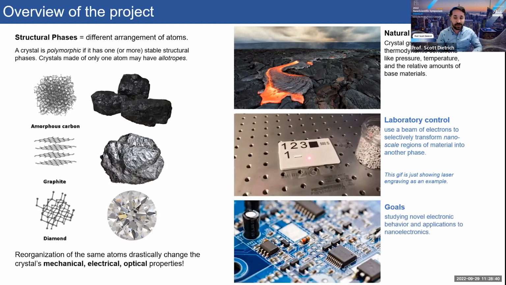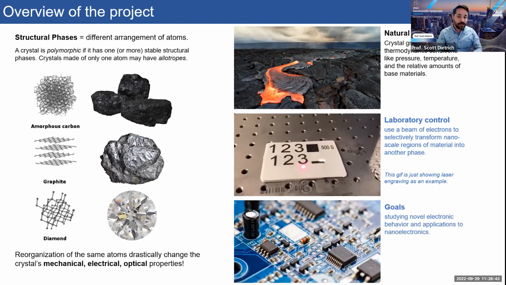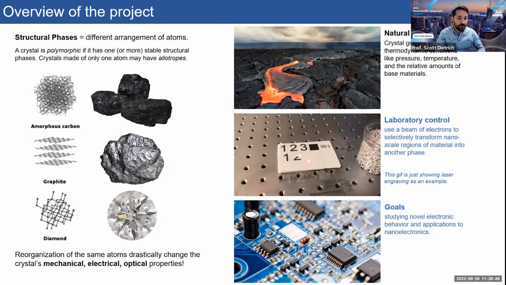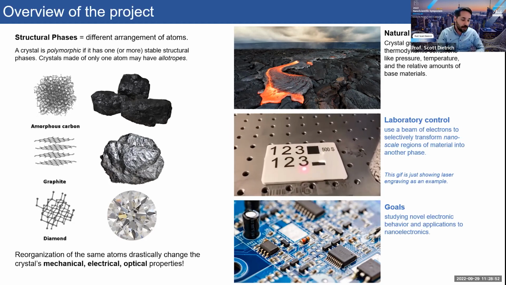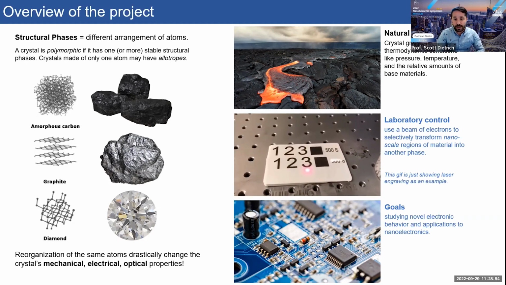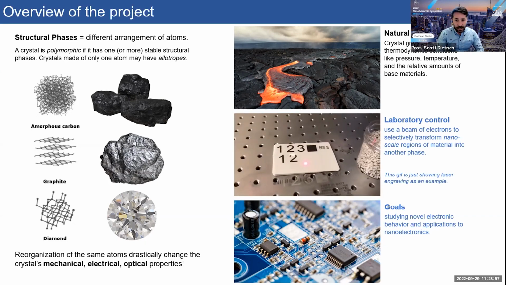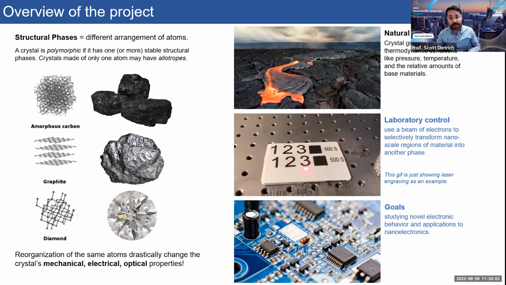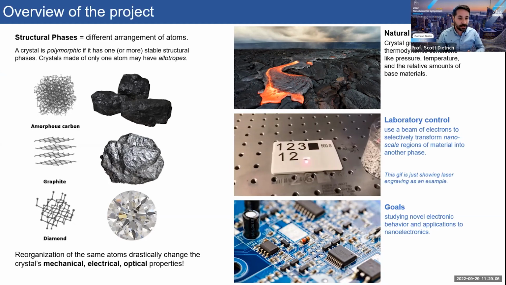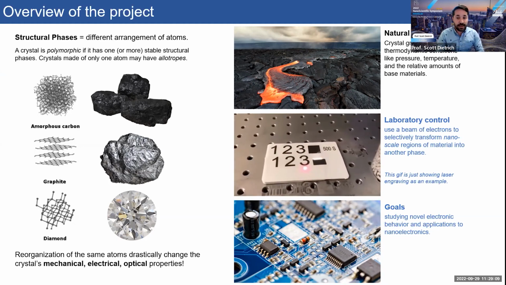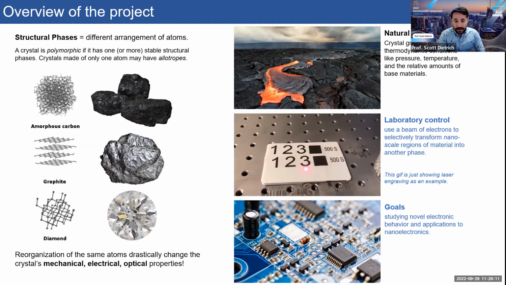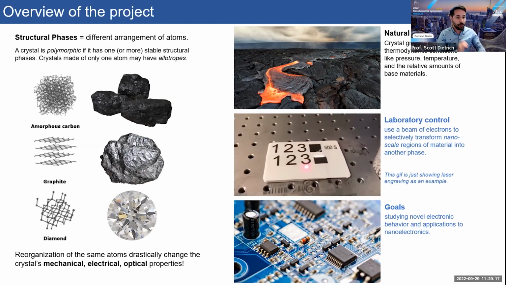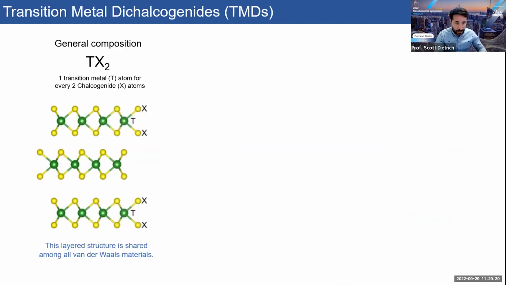This has great implications for practical applications for future electronics, and also for interesting physical phenomena, like how electrons behave in small confined structures, quantum dots, quantum wires. Ideally, we would be able to take a material that would be electrically insulating and write either semiconducting or metallic patterns inside that material. And we don't necessarily have a material that goes from insulating to metal by exposure to electrons, but we have this